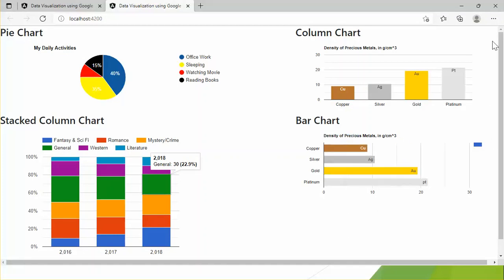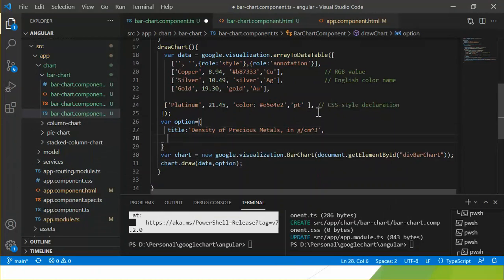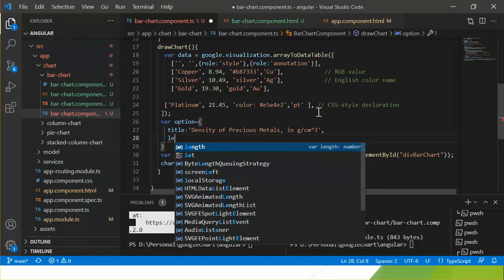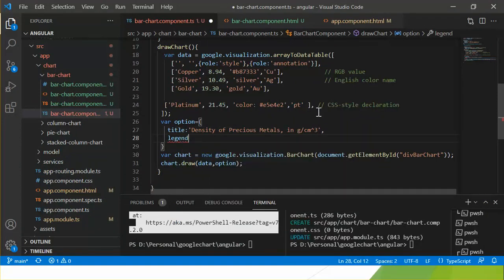If you want to hide this legend, let's add another key in the option. This is legend, and the value will be none. So the legend will be removed from the chart.